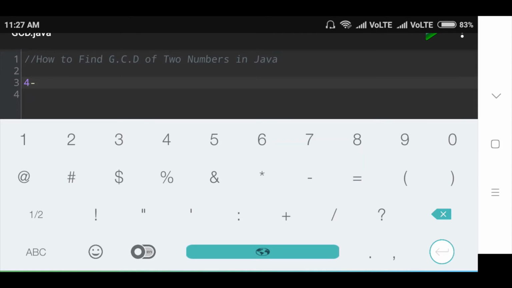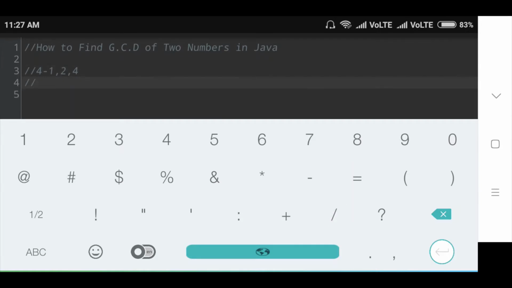Factors of 4 are 1, 2, 4, and factors of 6 are 1, 2, 3, 6.